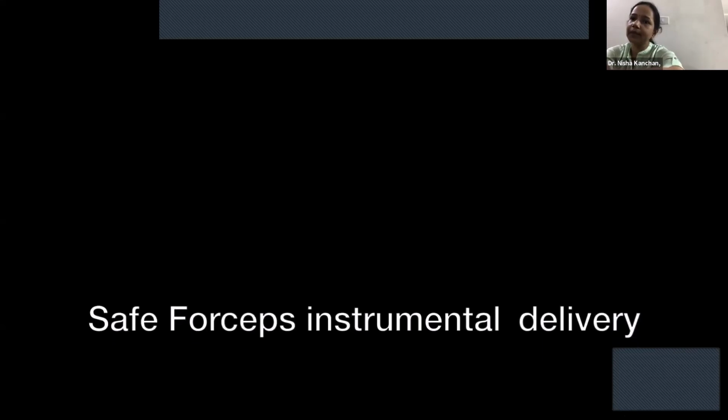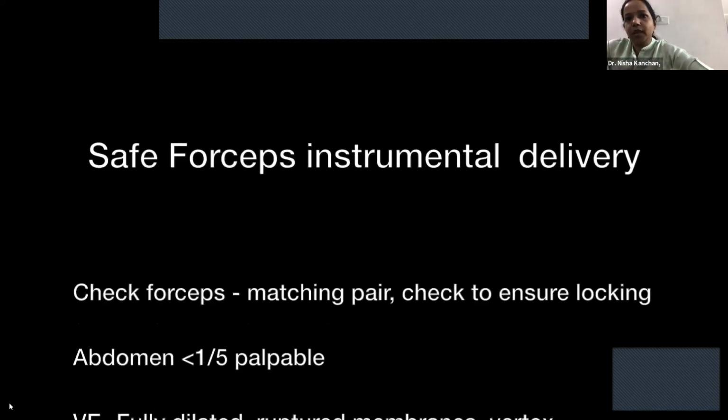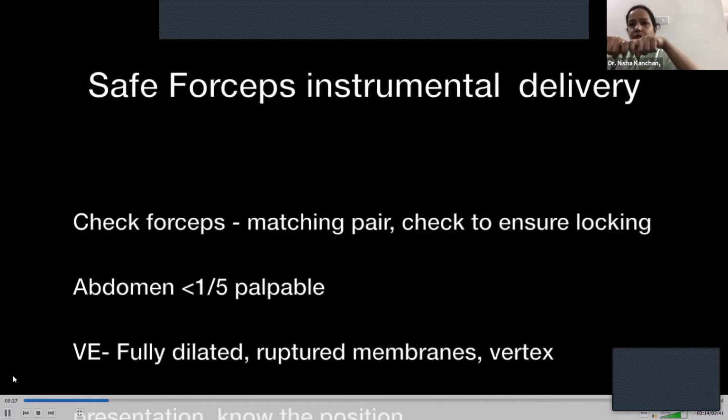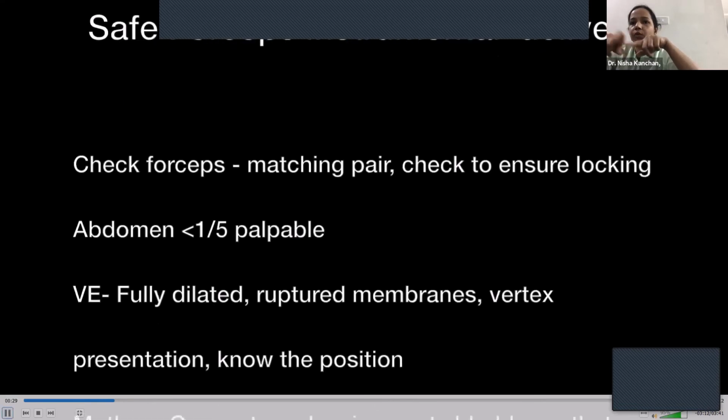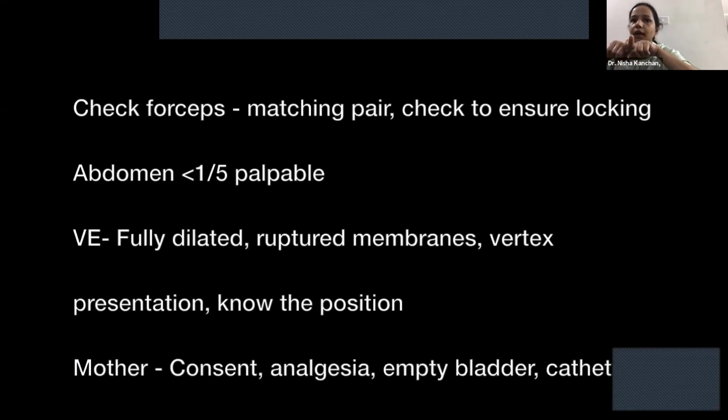So in India, where we have a lot of patients, PGs learn directly on the patients, but clinically you are supposed to learn on a dummy pelvis and maternal dummy and improve your skills first. In the USA and UK, they let you try it on a live patient. Okay. So the check for forceps is a matching pair. Sometimes there'll be many forceps lying around and you just pick up 2 forceps. They might be parts of 2 different forceps. You lock it and see that it is the correct match for that forceps.